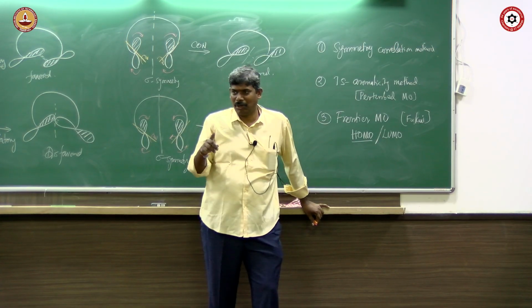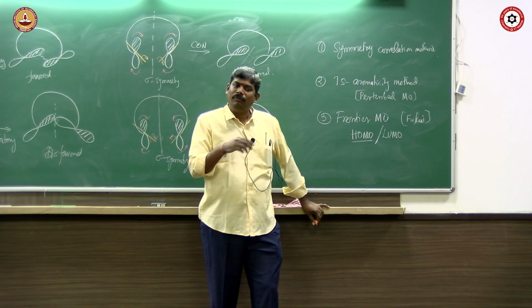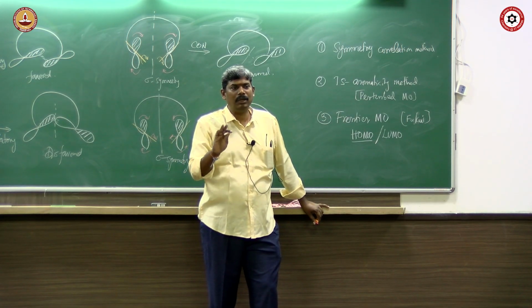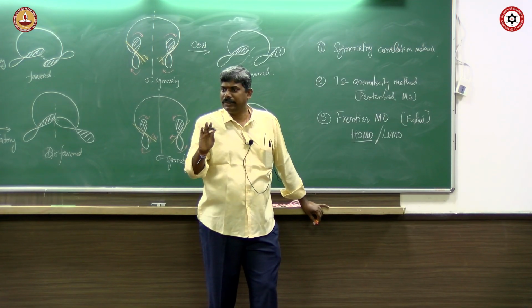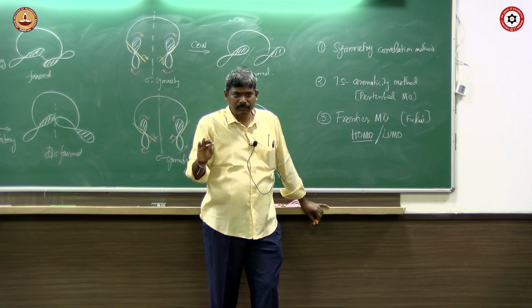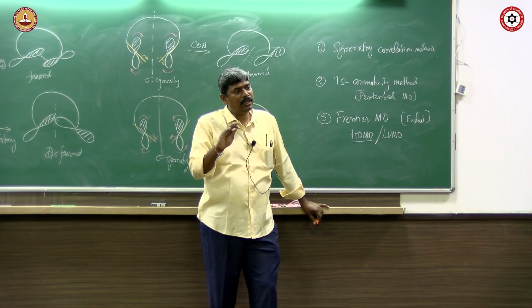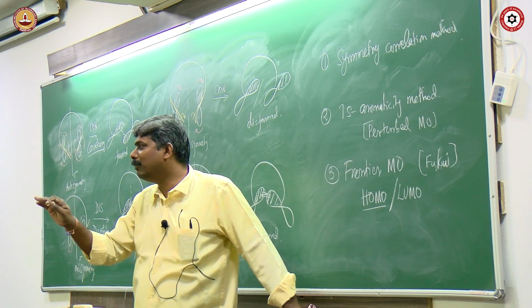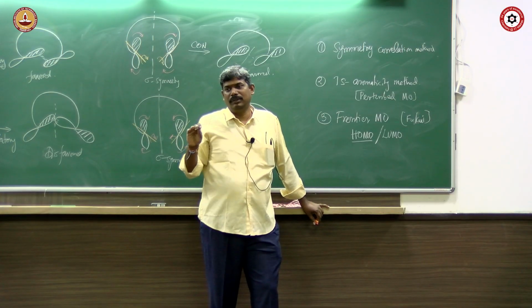There are other terminologies that have come, but for our discussion, we restrict this as a HOMO. Whether one electron or two electrons does not matter to us, as long as it is occupied and higher in energy, you classify them as a HOMO. LUMO is exactly the lowest unoccupied molecular orbital, which refers to the lowest one among the unoccupied molecular orbitals.